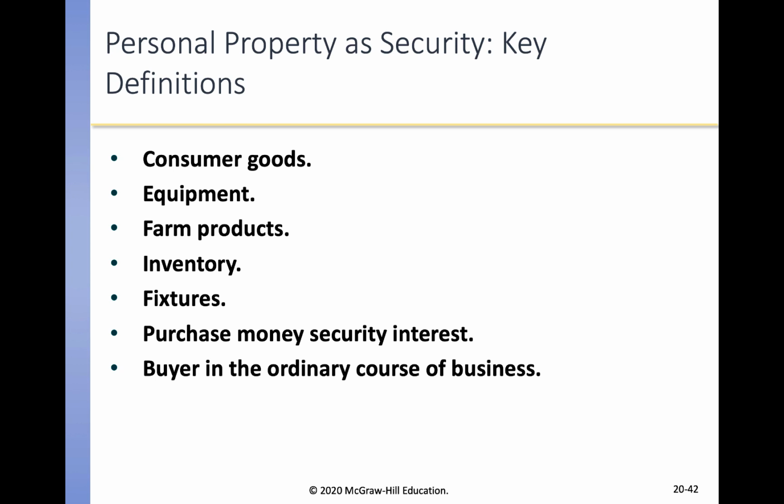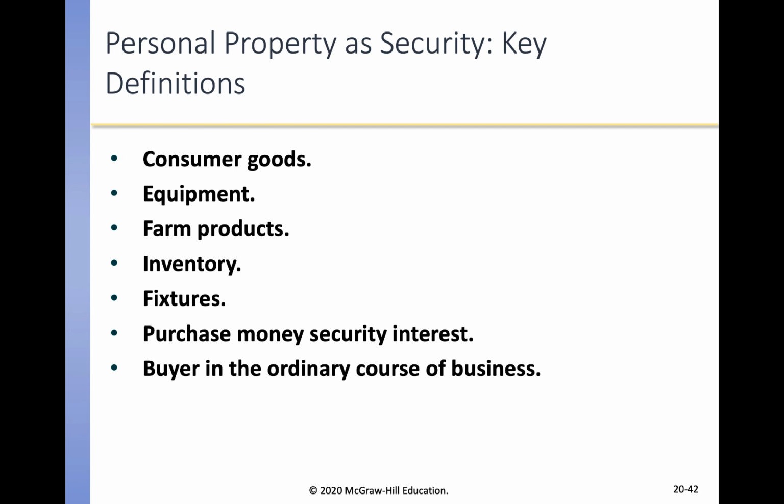There is a purchase money security interest, all right, and that is a security interest taken by a lender or a seller of an item to secure its price. So I lend money for something and I take a security interest in that something. Okay, so it's not that I lend money based on an asset you already own. I lend you money so you can go buy an asset, and then I have a security interest in that asset.